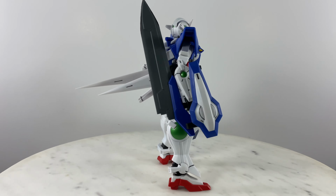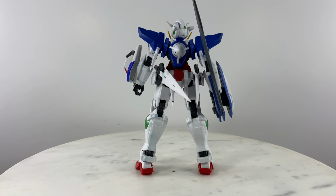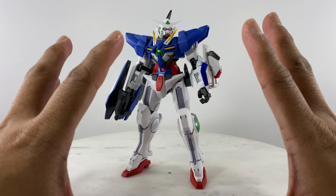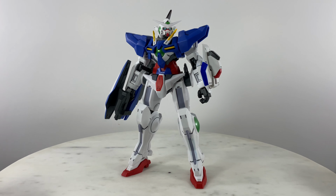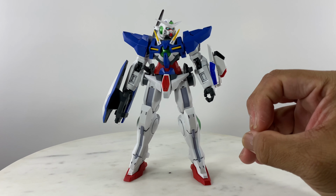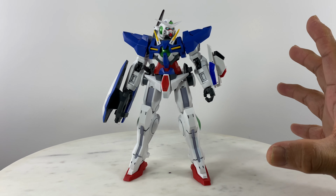When I took this figure out of packaging, I was really amazed at the design. First, I had a bad impression of it because it was just way too plain. It was white, blue, and red. But the more that I took a closer look and inspected the design of the figure, I decided to